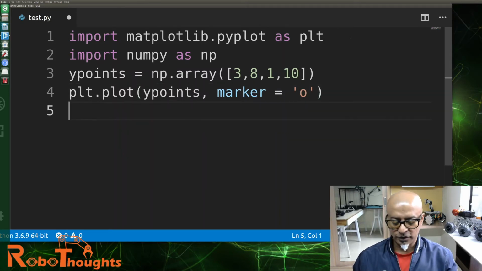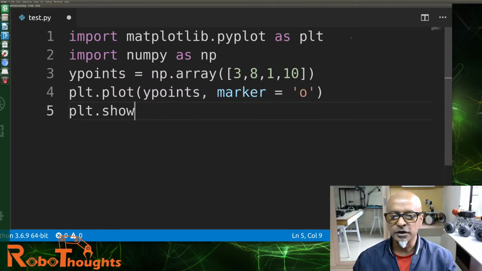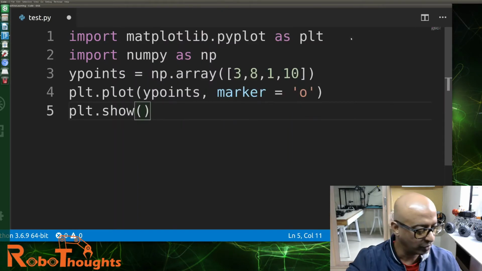Alright, now let us show the plot, plt.show, and let us see how this looks.